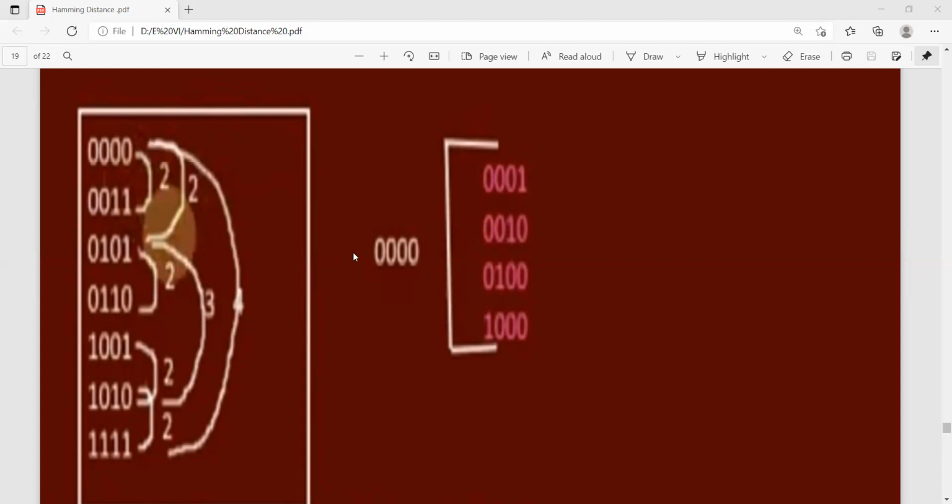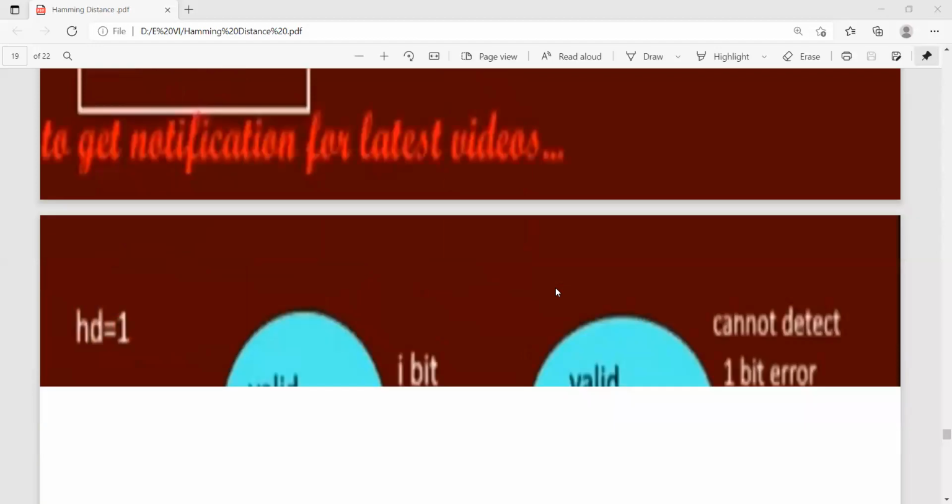So this 0, 0 is becoming, how many bits change? 1 bit. Here also 1 bit. Here also 1 bit. Here also 1 bit. All these are the 1-bit codes. These are the 2-bit codes. This is a 1-bit change. 0, 0, 0 is becoming only first bit change, or second bit change, third bit change, or fourth bit change. So based on this, we have 4 different types of Hamming distances.